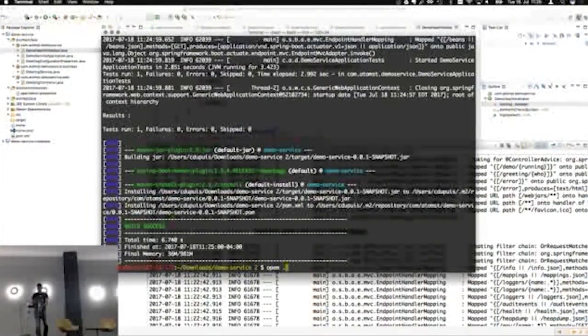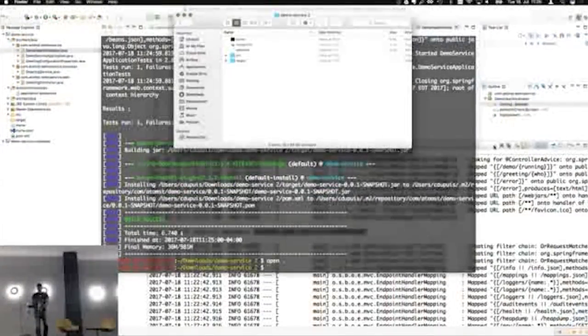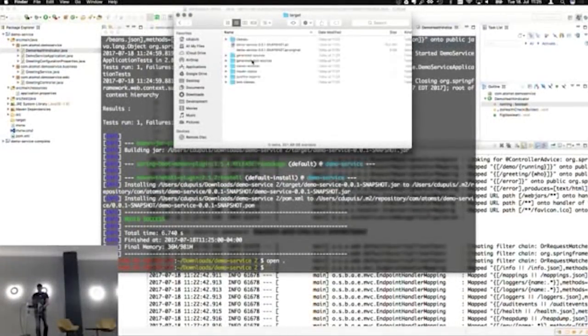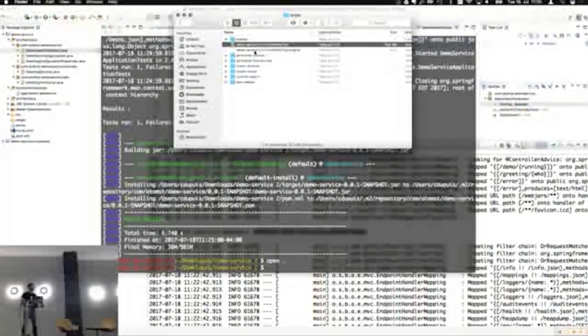When you look at this jar file now, it's 16.4 megabytes. That's absolutely not the application code that I created with all my typos. That is all the dependencies plus my application code.